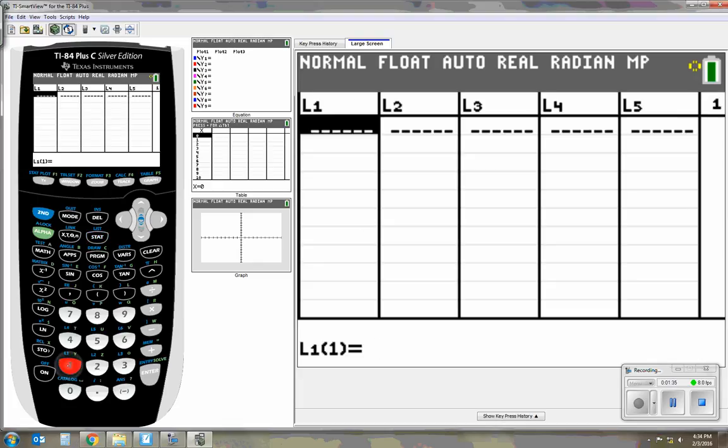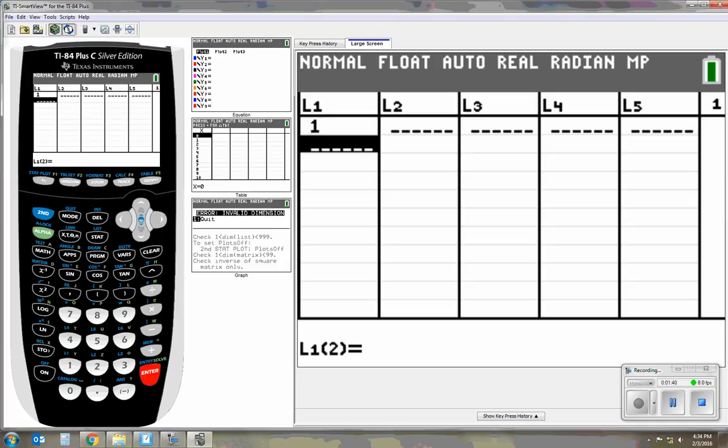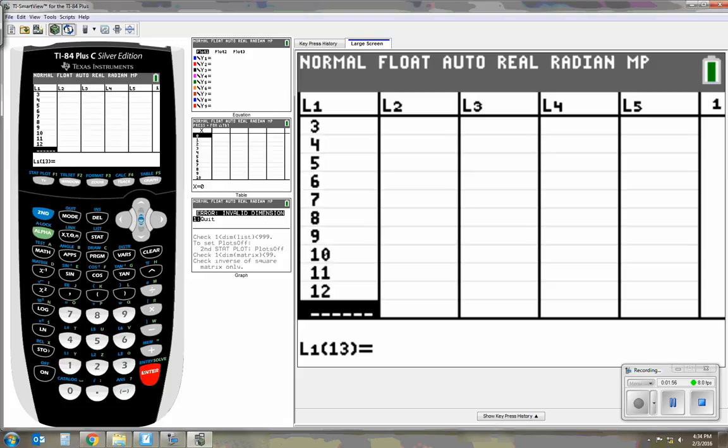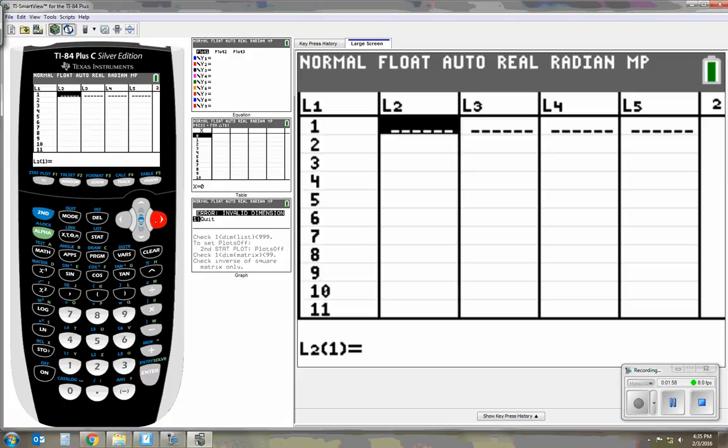So we have 1, and we go all the way down to 12. So it's 2, 3, 4. Okay, so 1 through 12. Now we're going to go over to line 2 and put in our corresponding information. So 2622,